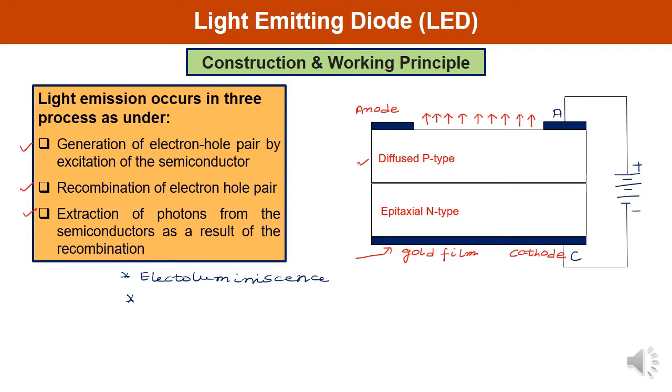Now, let us consider the case of a forward biased PN junction. A forward current flows due to the electrons. So here current flows because of electrons. And we know that electrons on the N side are in the higher conduction band, whereas holes on the P side are in the lower valence band. So recombination of excess electrons and holes takes place when current is passed through the PN junction. It means here recombination happens.